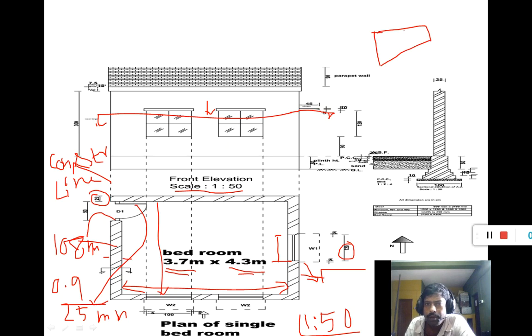This is called a tapered section, and the width of the parapet is 450. So the horizontal projection, this type of section is called a tapered section, and the minimum thickness is 50. At the free end the thickness is 50, and where the chajja is supported, this thickness is 100.